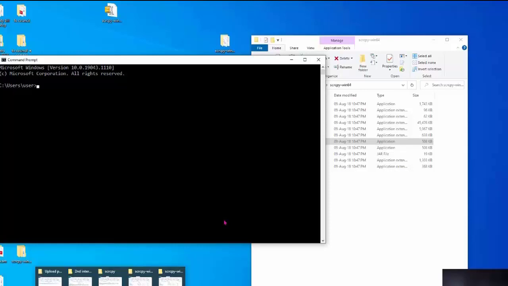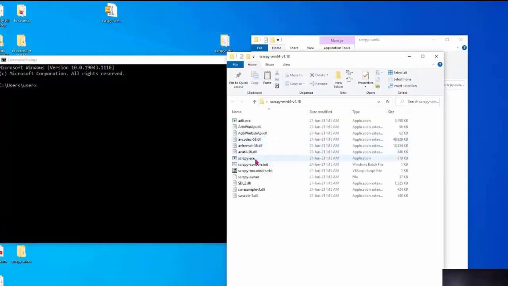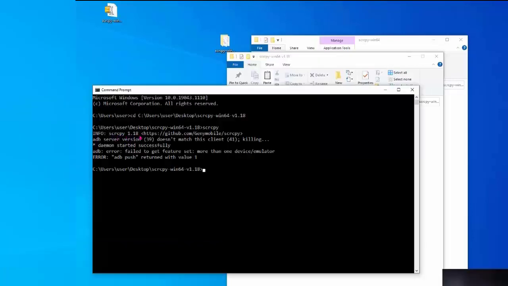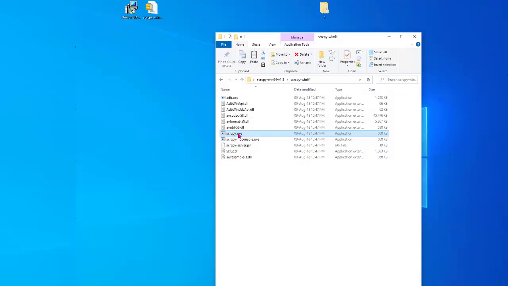Entering into command prompt, taking the path of scrcpy.exe, entering it by the cd command. Now running scrcpy, we got the error indication: adb push returned with value 1. How to solve this problem?